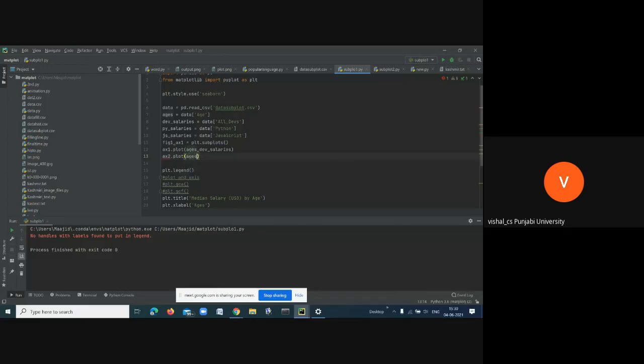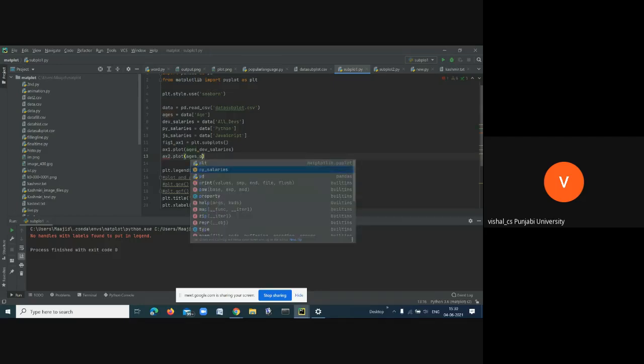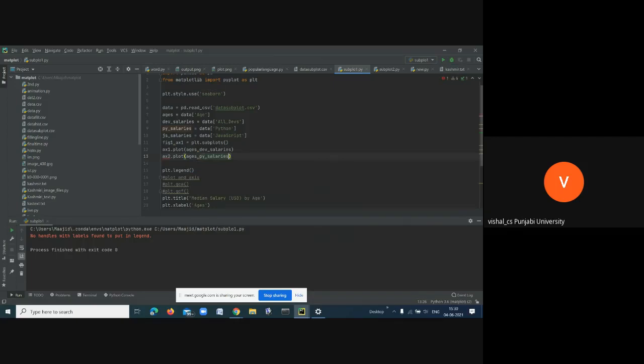You see. Color you can also do. Color is for the line, that is up to me and what I am writing.